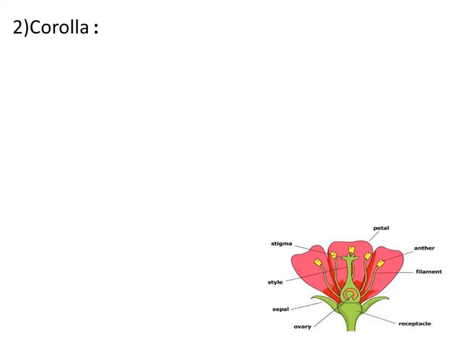Of the flower, that is corolla. On the thalamus we can notice the second whorl. The second whorl is the brightly colored part of the flower. It is a different color in different flowers. In some it is pink, in some red, in some yellow, in some purple. Different colors can be seen in different flowers. That brightened part of the flower is nothing but the corolla. So corolla is the second whorl of the flower and it is composed of petals.